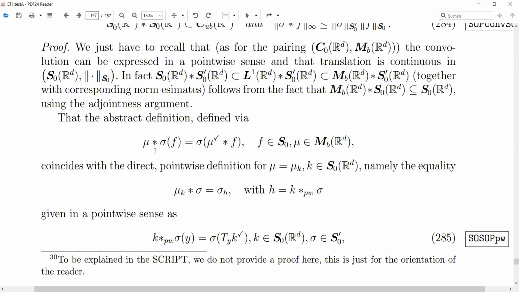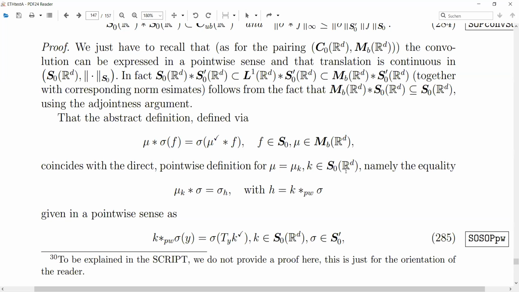Now, of course, you also have to check, is it true that mu1 convolved with mu2, the internal multiplication, and then convolved with sigma, is the same as first applying mu2 with sigma and then mu1, so the external multiplication. But also this has been done, and how would you prove it? It's okay when you just do translation using convolution with Dirac measures, therefore with discrete measures, therefore taking limits. So we don't have to go through the process again. Now, the point is that we also have a machinery and checked it carefully that if you take a measure and apply it,